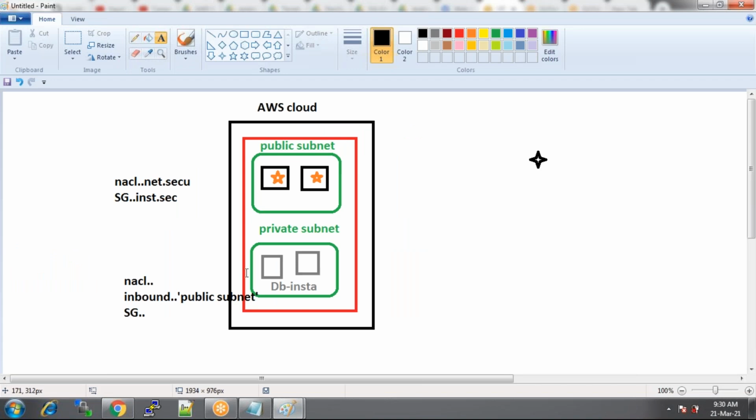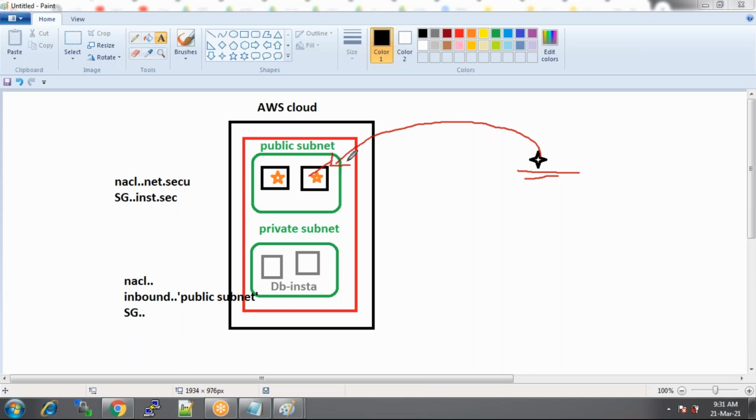Now, back to this example. This is a user. All these users are web users, and they access applications on the public subnet. Between the users and the instances in the public subnet, if you want to communicate, there must be some security again. What is the security? There are some gateways. What do we call those gateways? We call them internet gateways.